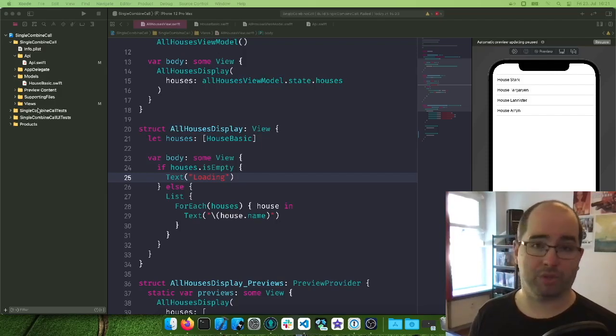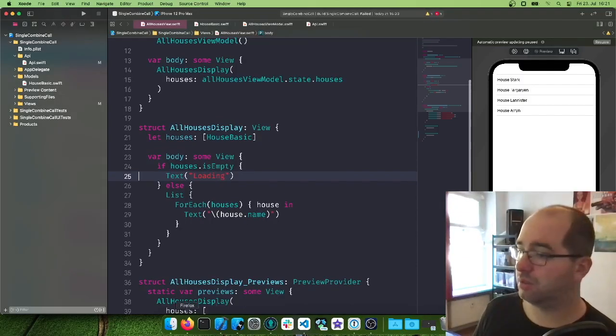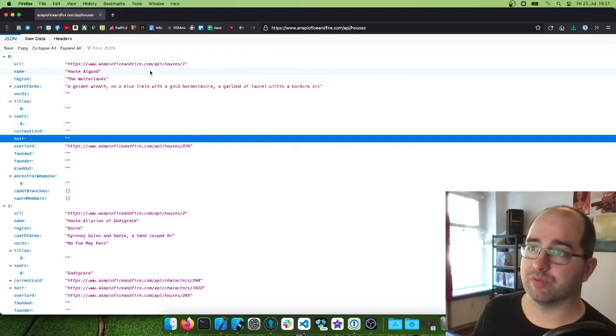Instead of boring you with all of that theory, what it actually means and how it applies, we're just going to make the simplest call possible. We're just going to get some data and display it without any error handling, without any futzing around, so we can just get the basics done and get you working on a Combine call. Let's do that now. So once again, we're going to use the API of Ice and Fire for